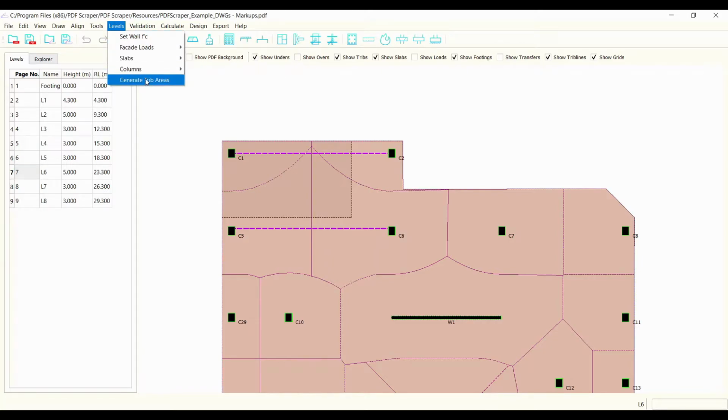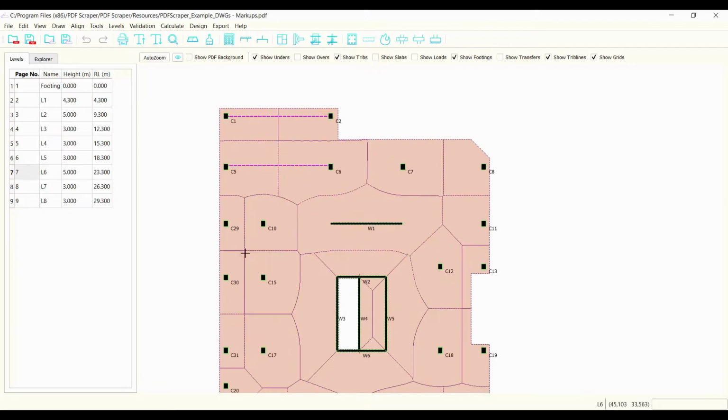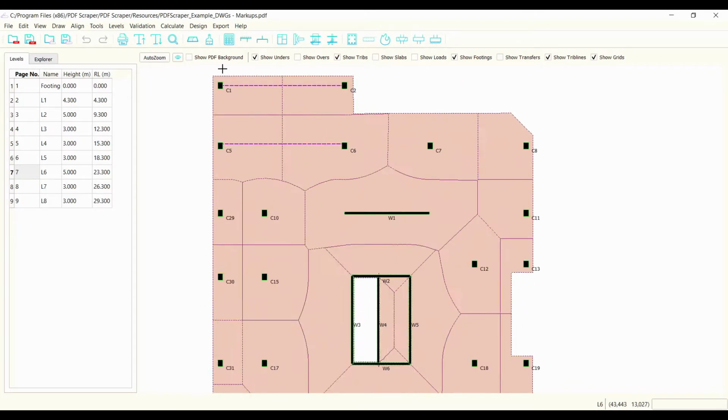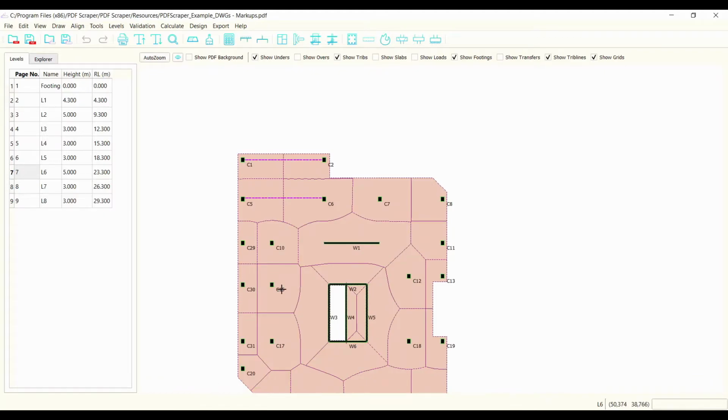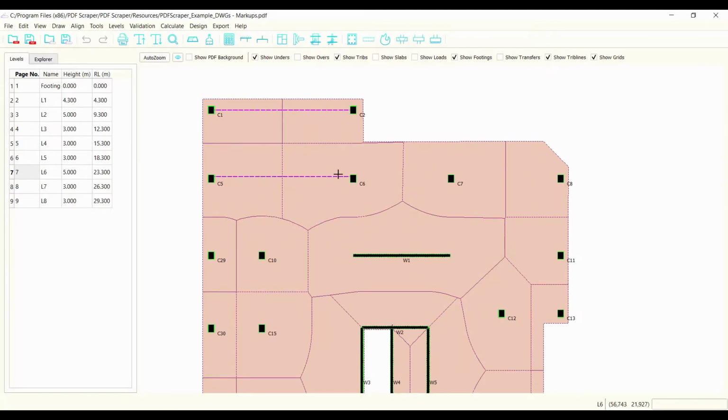So if I go levels, generate tributary areas, you can see that that fixes that right up for us. And if I turn off slabs at the top here, tributary areas become a little bit clearer. The other method we have at our disposal to edit tributary areas, which is a little bit more labor intensive,